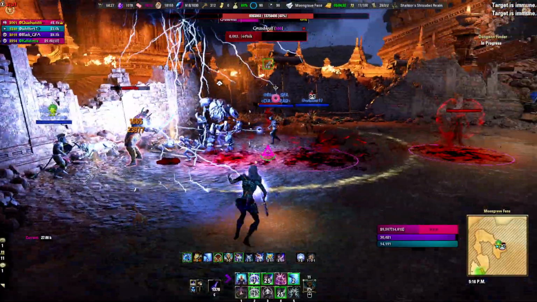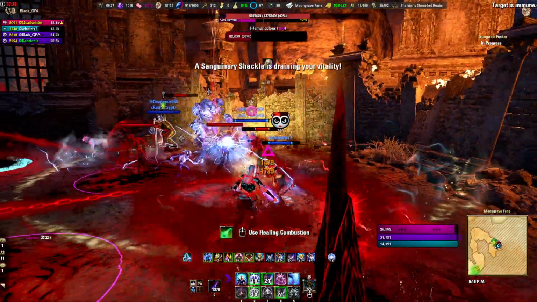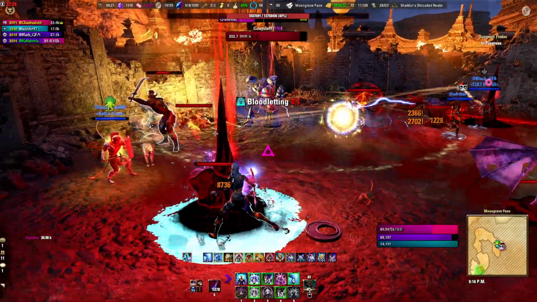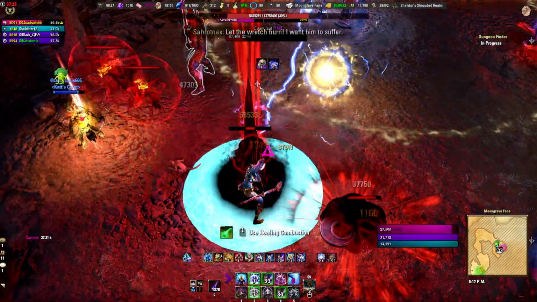Tank, taunt any ghosts, and by now you should be into a rhythm. Now, as the fight progresses and the boss's health gets less and less, more and more of these spiky blood willies will come up, which tether to a player. Find which one is tethered to you, run to it and stand in the safety circle right on it until